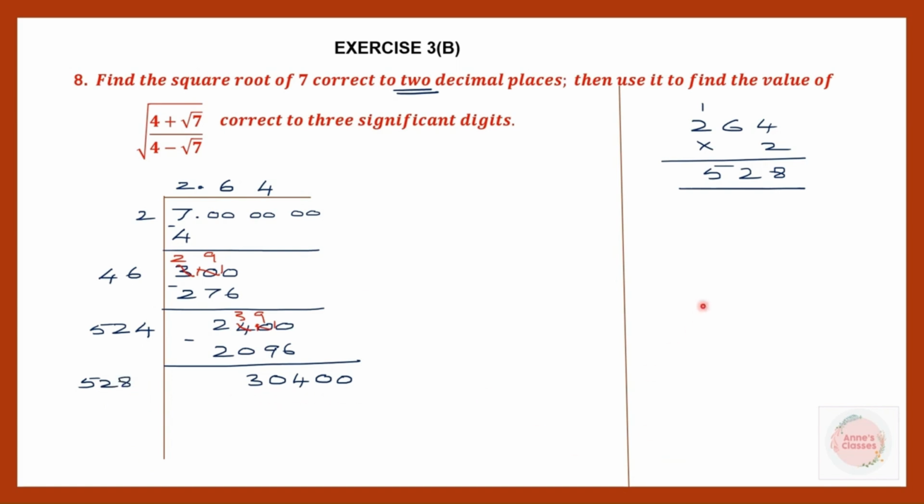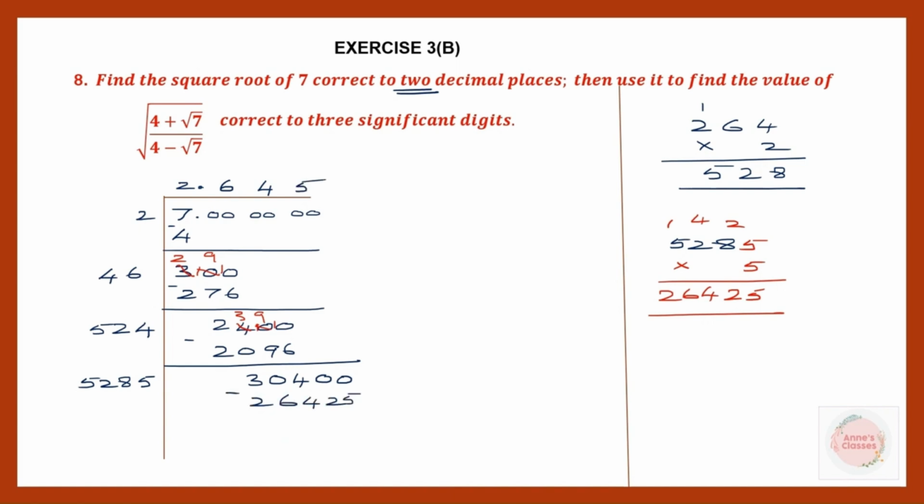So let's try. Let's write 528 first, and next to this, let's write the digit 5 and multiply this by 5. 5 5s are 25, carry 2. 5 8s are 40, 41, 42, carry 4. 5 2s are 10, 14, carry 1. 5 5s are 25 plus 1, 26. So here we have 26,425 when we multiplied with 5. So next to this number, let's write 5. So we'll put 5 here. So now it's become 5,285 into 5, which will give us